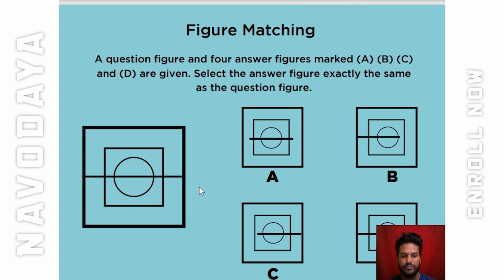And the main thing, see, first how we need to identify exactly matching. First we need to see our question figure. In our question figure, we can find the bigger square. Inside the square, we have one more square. Inside that second square, we have a circle, and we have a line which is connected from the left to the right of our figure, joining all the left to right corners, from the bigger rectangle to the second rectangle, and even in the circle, the line passing from the left side to the right side is completely dividing it.